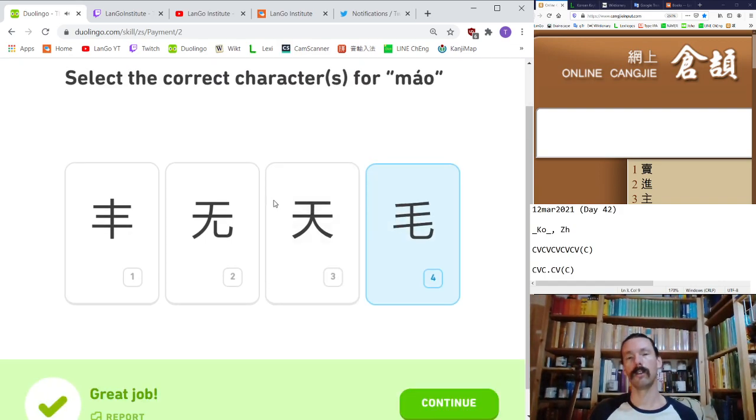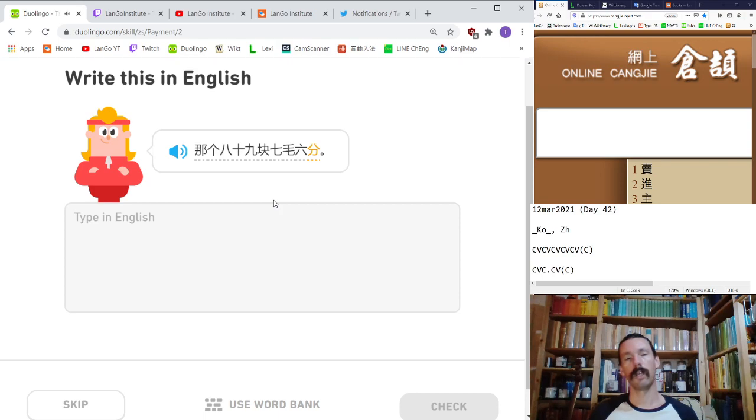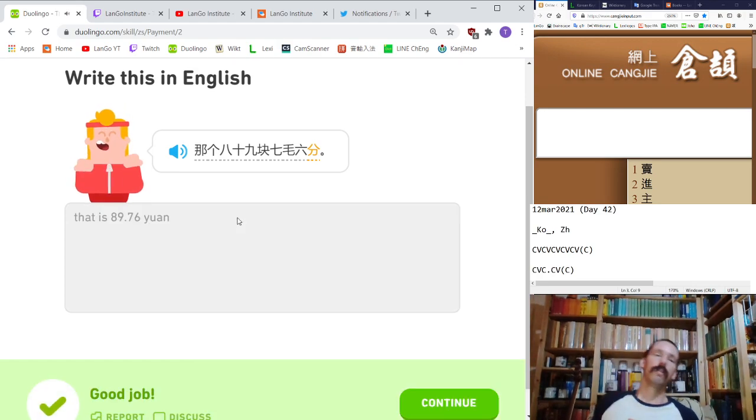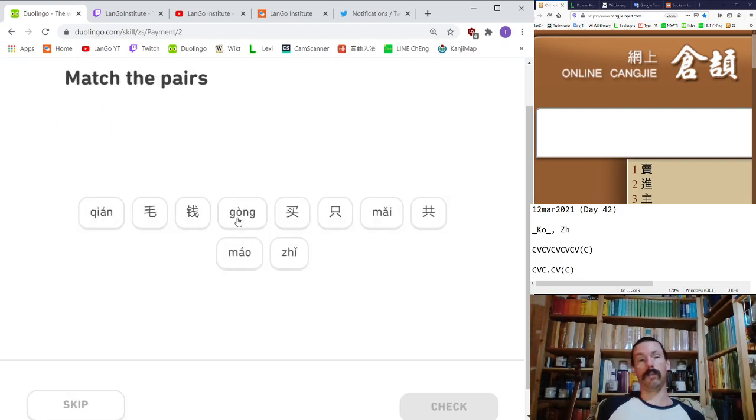毛。那个89块7毛6分。 89块7毛6分。So that is 89.89 块. Okay, and then 2 separate units, 70, because 7 mao, 6分, 789 yuan, 76 cents. So let's try putting it like that. Pardon me, 毛. 钱。 共。